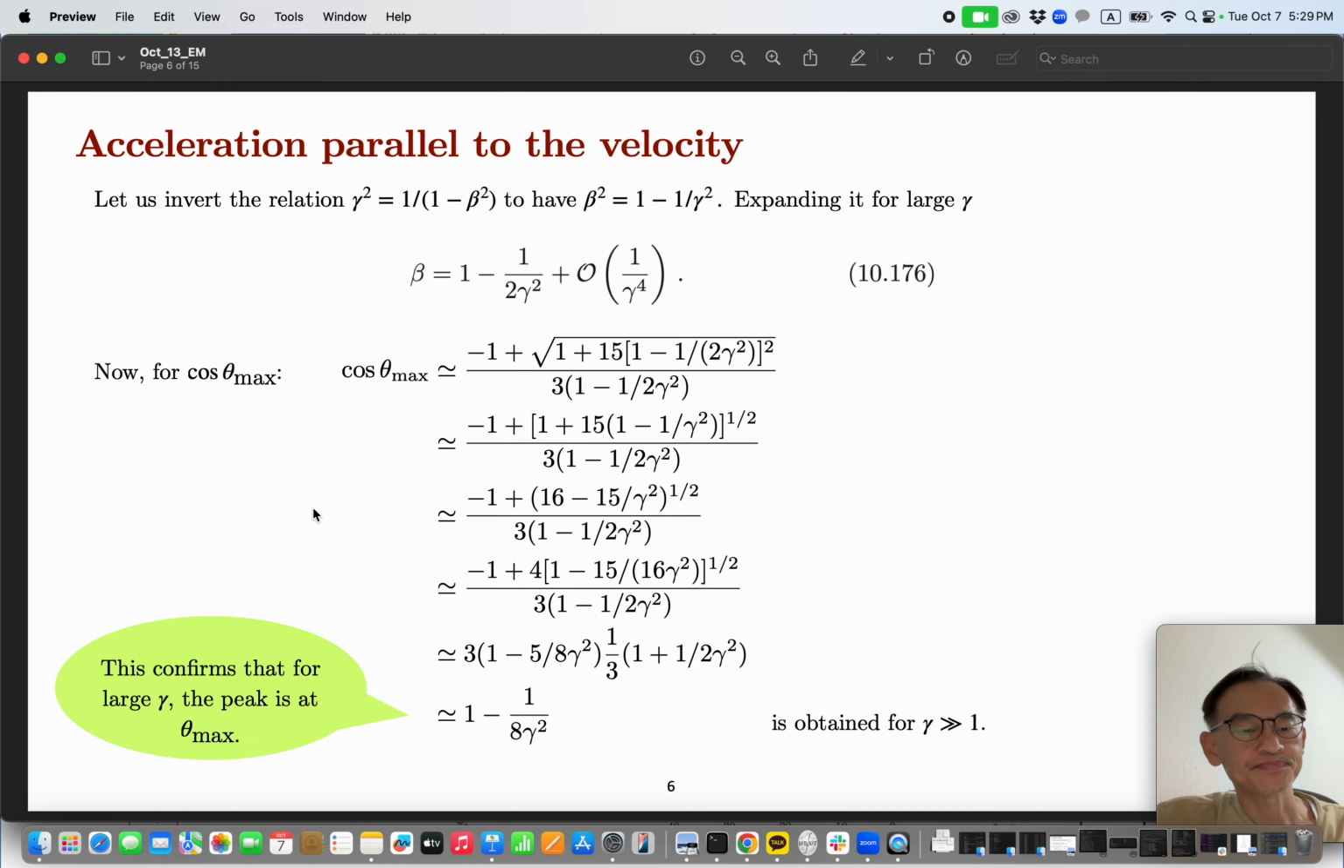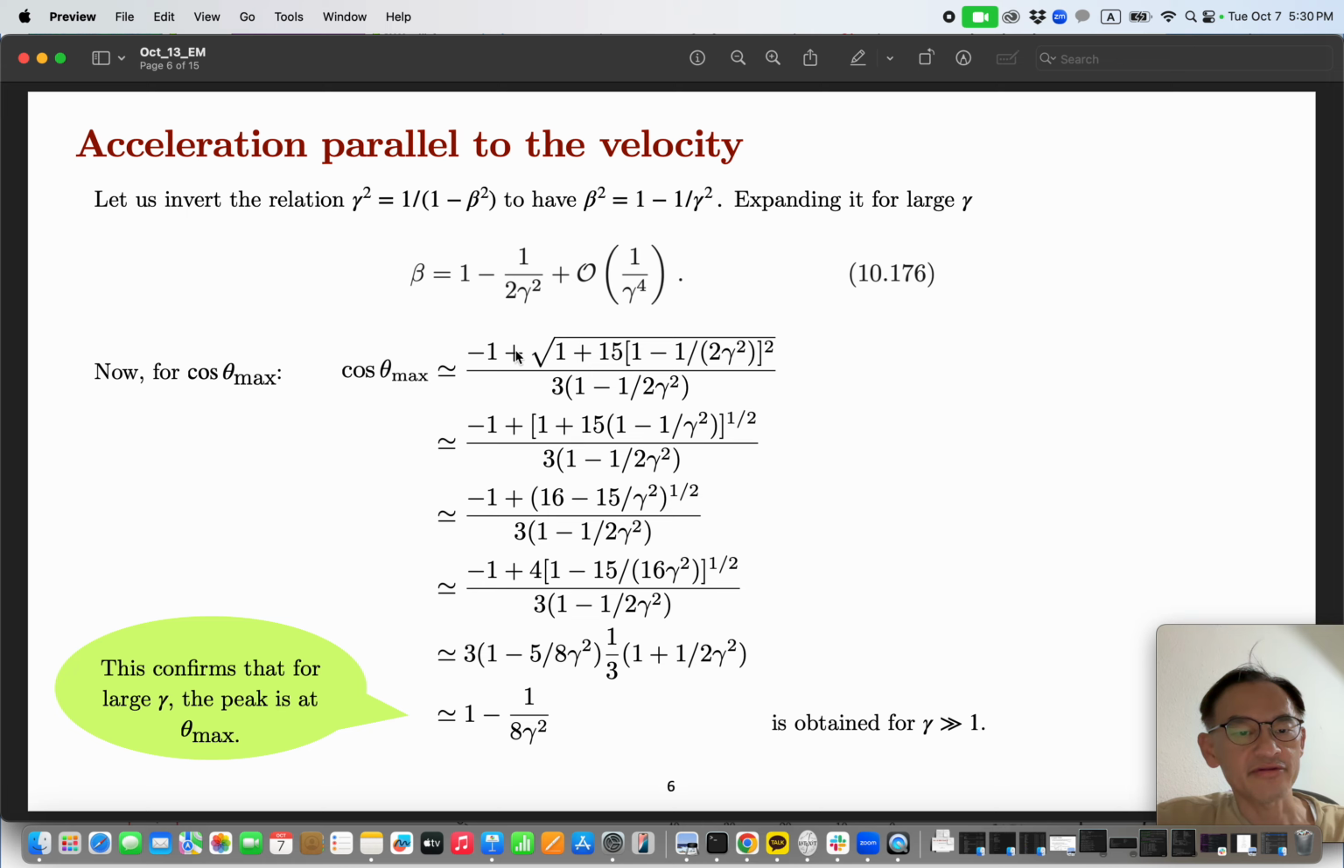Now let's get the approximate relationship between cosine theta max and gamma. So for that, we express beta in terms of gamma, and you can expand for large gamma. So you can have this term and plug that beta into the cosine theta max term that we found, and it'll be looking very complicated, but